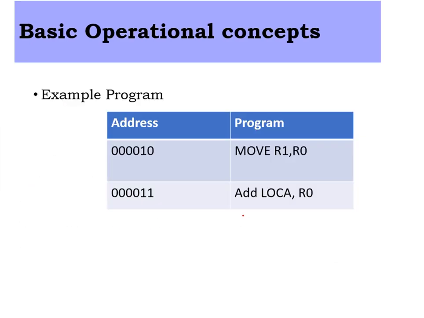So you may take one example. I have an address, I have a program. These are the two sets of instructions. First, this instruction address will be stored in the program counter for the first time. Now from the program counter it is copied to the memory address register. After storing this information in the memory address register, a read control signal will be generated.